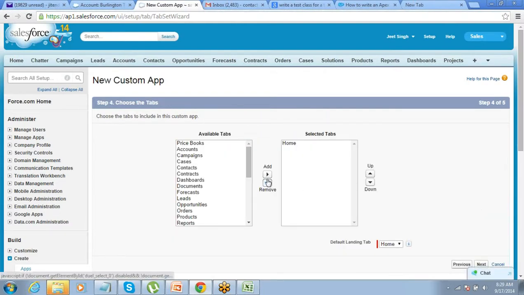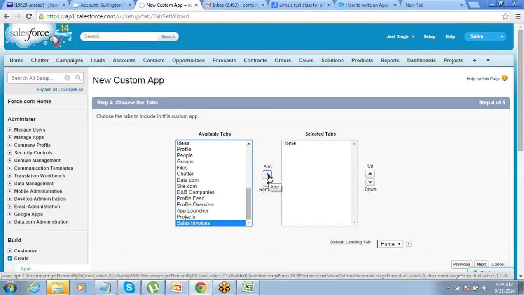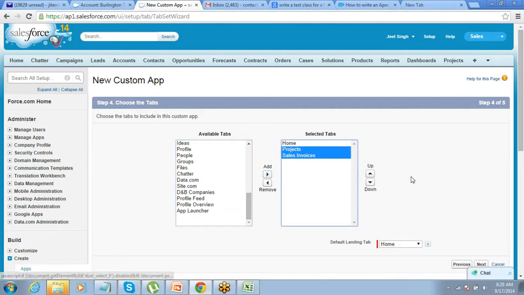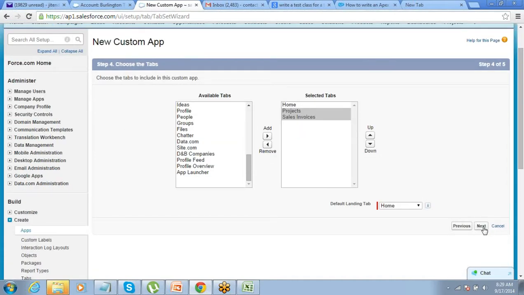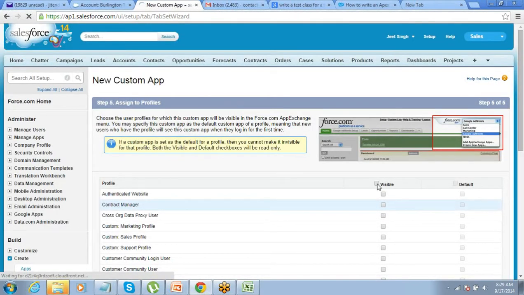This is where you can control what all tabs you want in the app. The complete list of all the tabs is here on the left hand side as available tabs and the selected tabs. So which tabs do you want to see in this app? If you don't want to see any of these tabs, it's absolutely fine. If you just want to include the tabs that you have created, you can create 4 or 5 objects and their tabs, and you can include those in this app. Let's say these are the 2 tabs I want to include in this. Go to next. Make it visible.